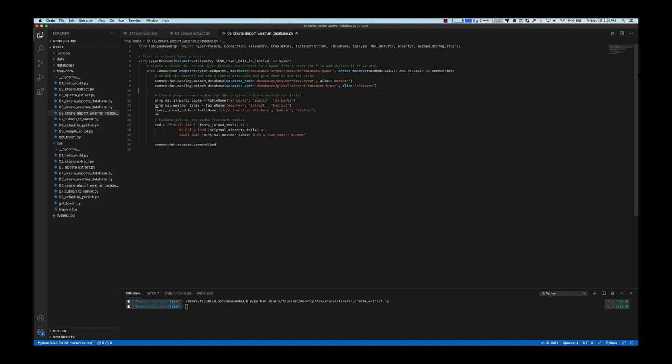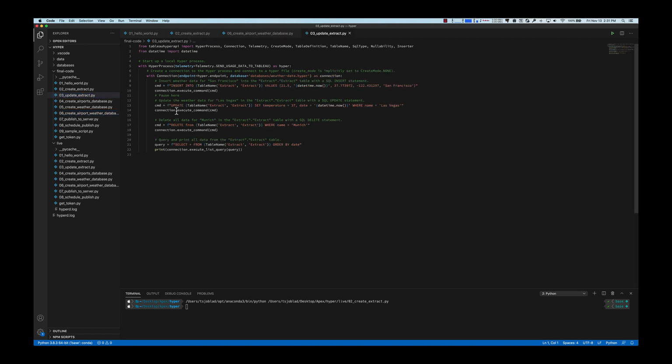So we can see we've got our 2 original tables here. We've got the end result, which is this airport's weather database. And you can see the command is to create a new table by doing a select star with an inner join on a given join clause, right? It's super cool. You can create these really complicated database schemas and setups, do joins. We didn't exactly see it here, but if I were to pull up this example, you can do things like